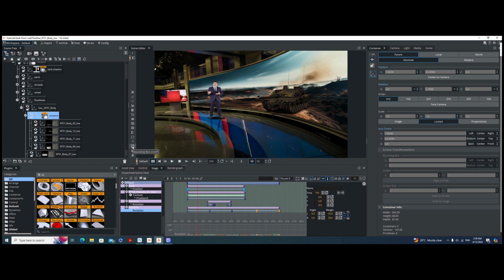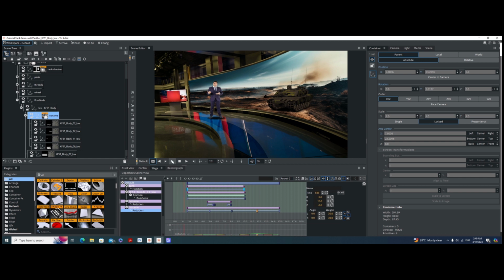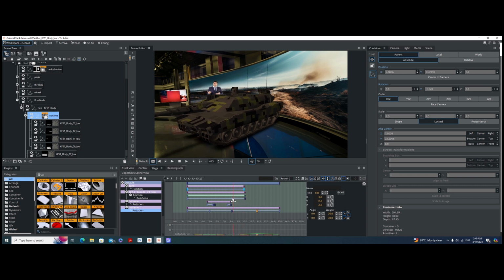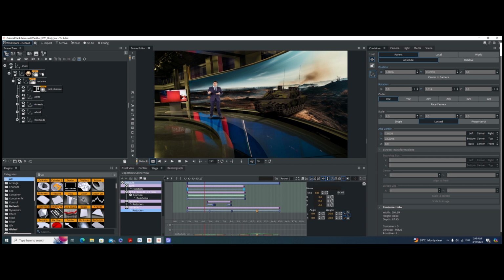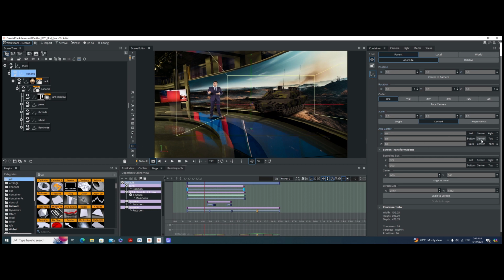Hide this bounding box. Minus, we need to increase this value a little bit to get more animation. Now we can add a little bit more life in this. What you can do, create another folder in this bounding box, make it local here,